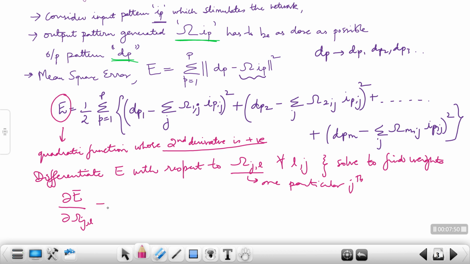Since there is a square, this square will come out, and the minus sign also will come out later,